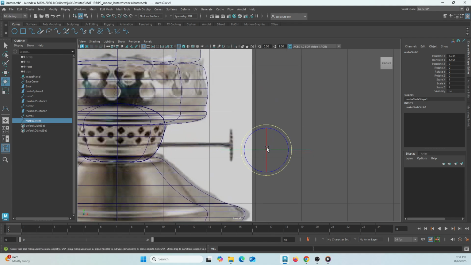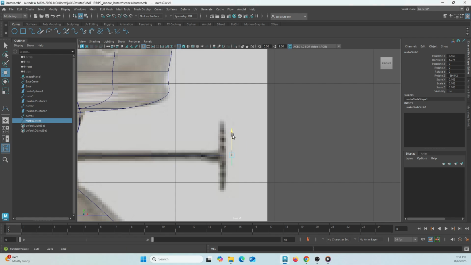And I'm going to hit E to rotate, like so. R to scale it down, to right about there. Let's see. Now I'm trying to make this the length, not of this portion, but of the actual little bar right here. So I'm going to scale this down a little bit more. Let's zoom in a bit. Okay. That looks roughly, and it doesn't need to be perfect, but it looks roughly the width of the bar